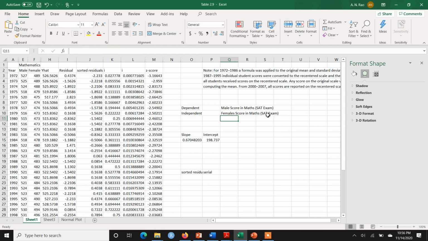So we want to see how the average male score, or the average SAT score of males, is dependent upon the average SAT score of females.